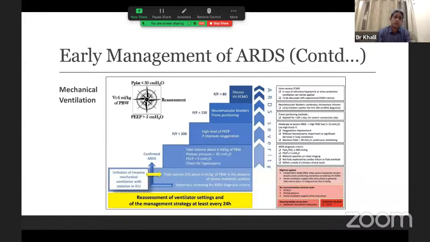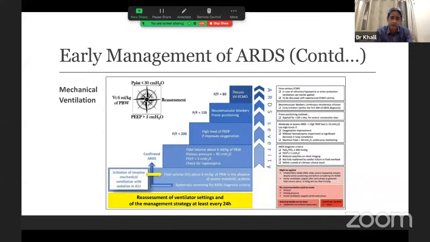So in the more severe forms, where you have used your maximum ventilatory settings and the child is still having poor oxygenation, then there is a definite role for ECMO. In the waiting time, when you want to bridge the child to ECMO, you can just try some of the therapies in the form of inhaled nitric oxide, which may give you